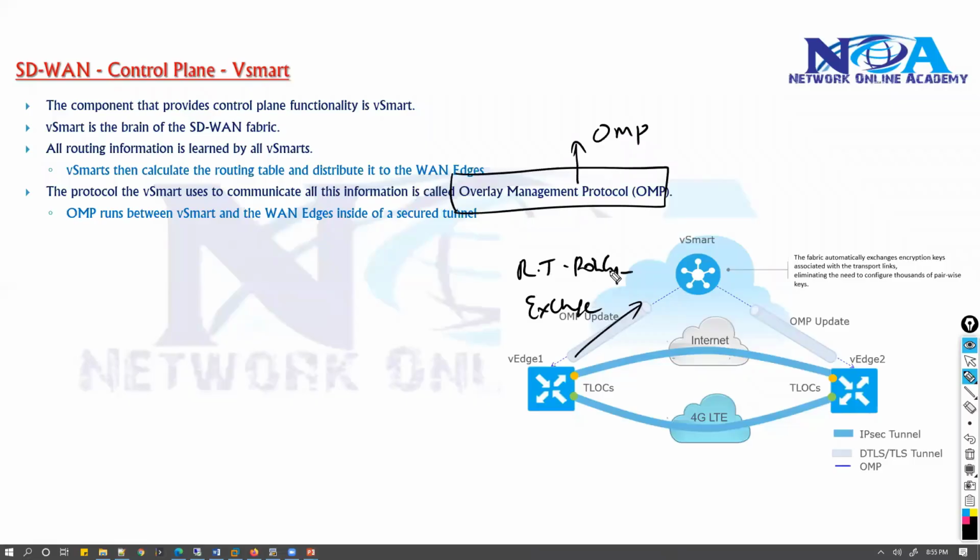Because if you're using multiple vSmarts, then probably there will be some kind of management information to be exchanged between the vSmarts. So that is also looked after by the OMP. Okay, so OMP is a protocol. OMP runs between the vSmarts and the